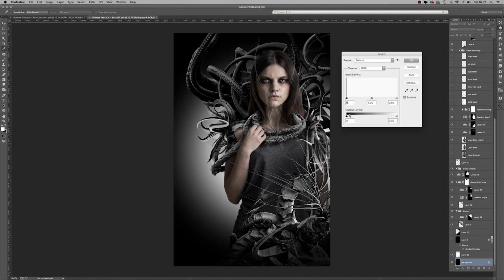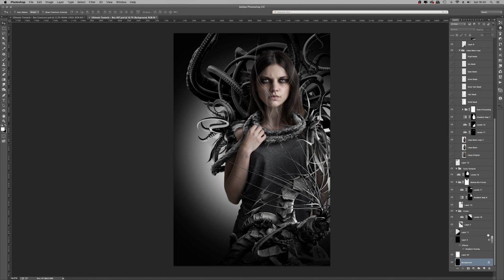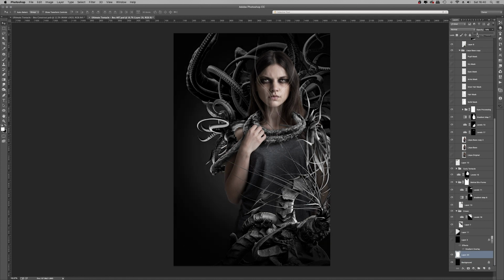So here we go. Gonna tweak those levels, make sure it's not pure black. So there, it's given a bit of shape and gives you a bit of direction to lead your eye from the top left down to the bottom right.